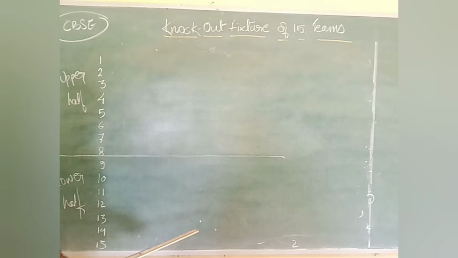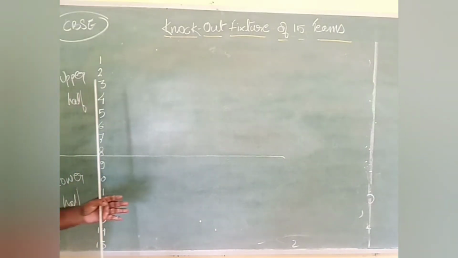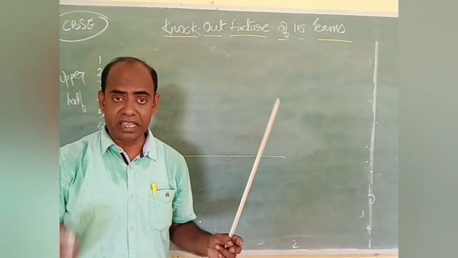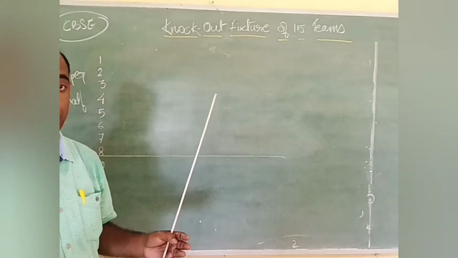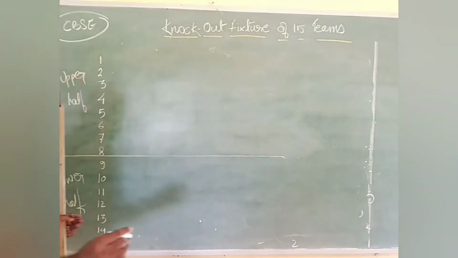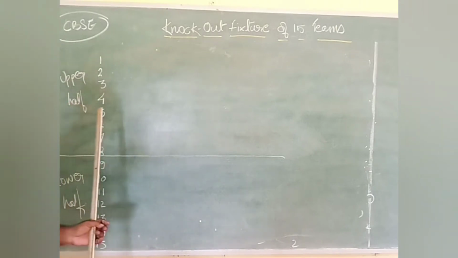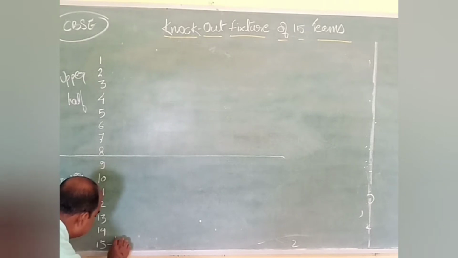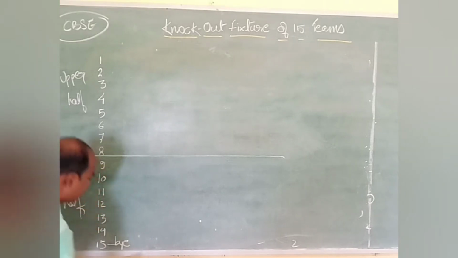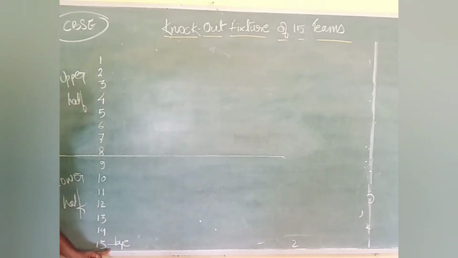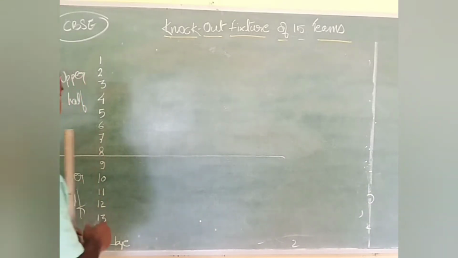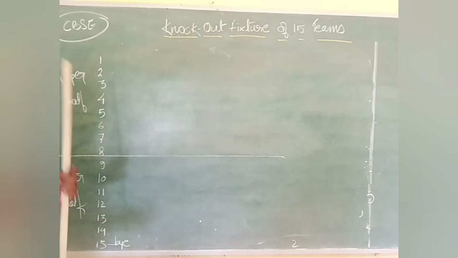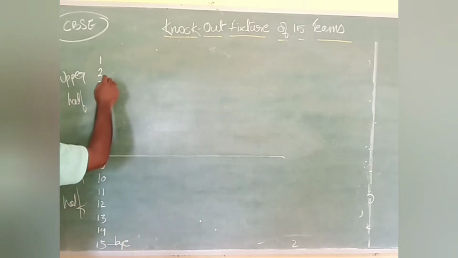Since we are giving only one bye, in the last video you have seen in what sequence we are supposed to give byes. Only one bye is there, so whom to give it? Yes, correct, team number 15 gets the bye. So only one team in the lower half, team number 15, is getting a bye. Now we will start making the fixture.